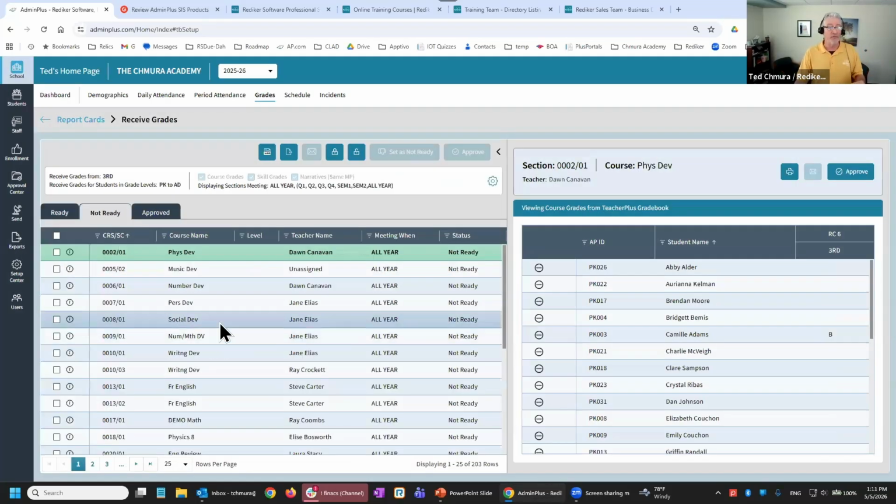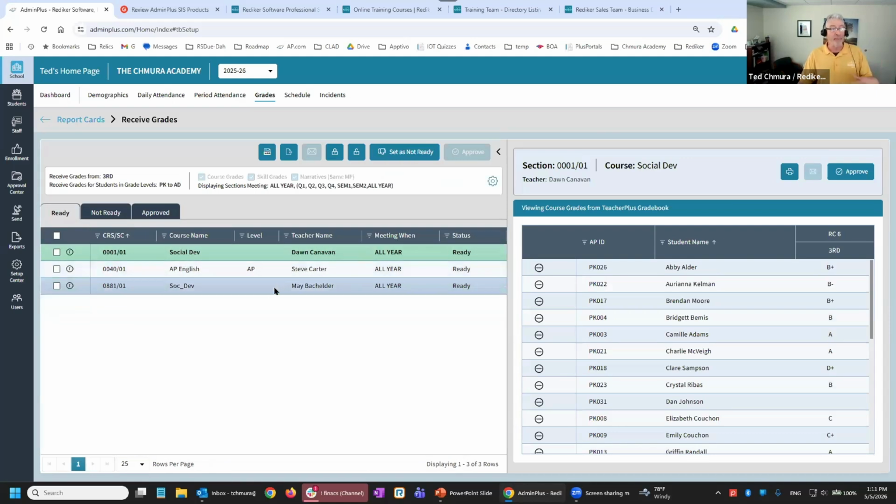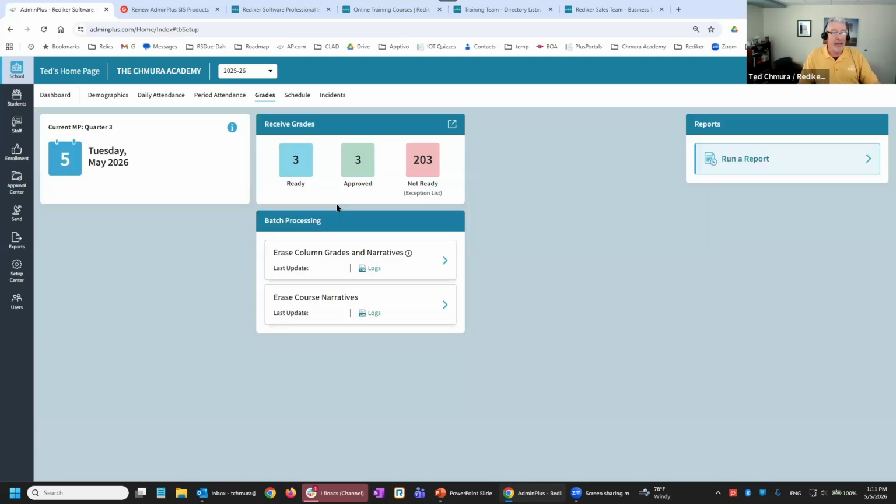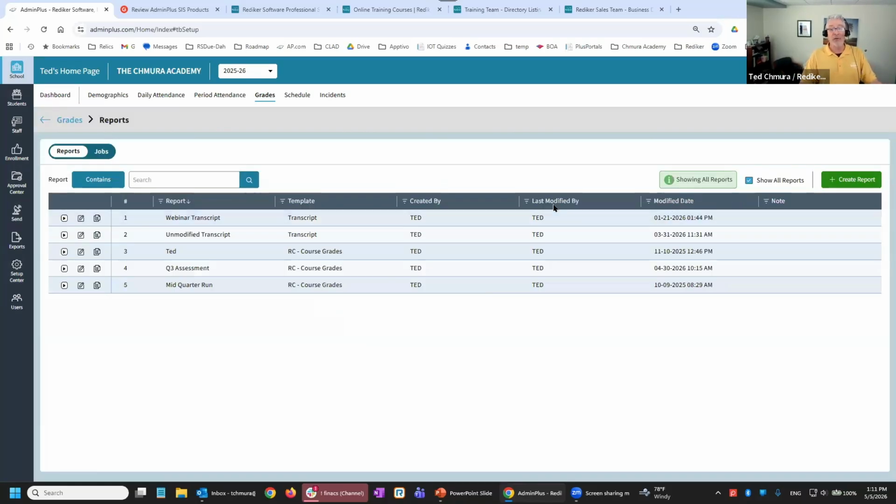And in my demo school, of course, that's most of the teachers. And you can go ahead and pull them on into the environment in preparation for verifying them and running report cards. And of course, when it comes to actually running report cards, you can continue to do that in Classic, but we encourage everybody to go ahead and start taking a look at the report card report writer